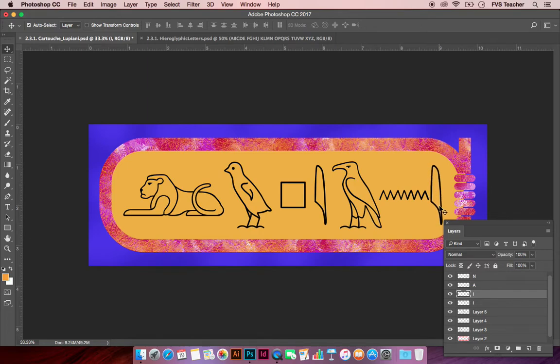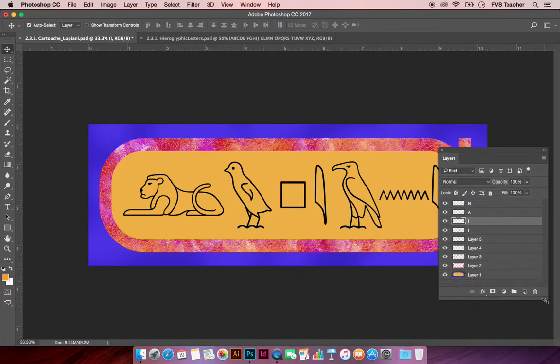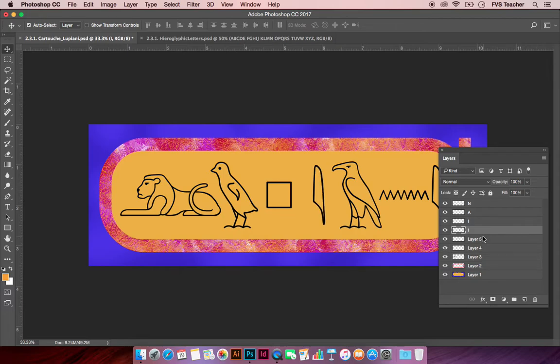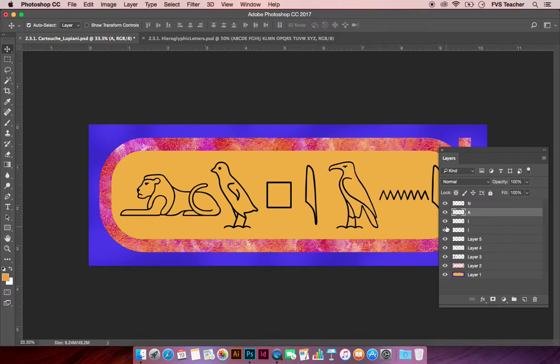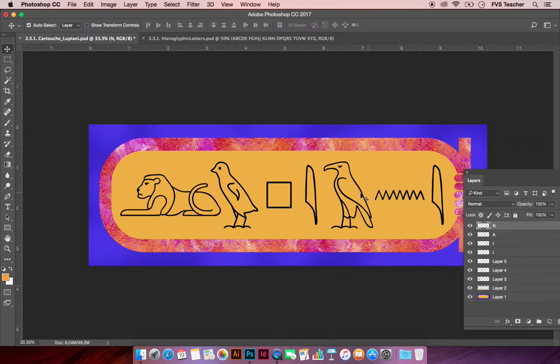right about there. Now it looks like these letters on the end are a little bit tight and there's more space here, so all I want to do is go in and I'll start with layer 3 here, which has the letter L. I'm just going to move this over, then I'll come up. I'm using the arrow keys on my keyboard to do this. I could do it with the move tool, but I'm just going to use the arrow key to nudge these over, and then just open up some of the space here so that it's spaced out a little bit better. And okay, how's that look? Okay, that looks pretty good. So now I've got my name here,